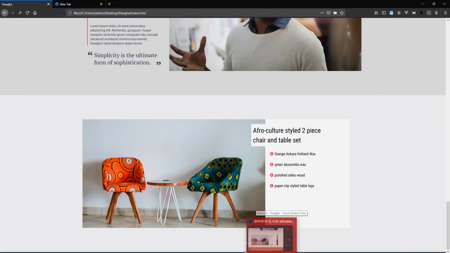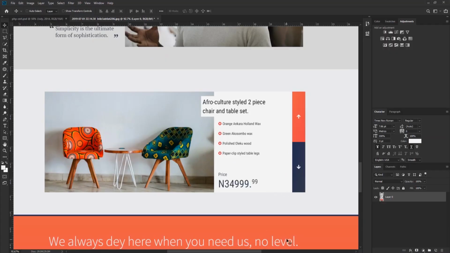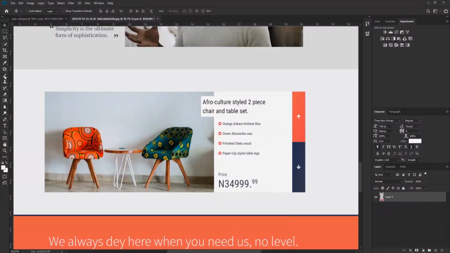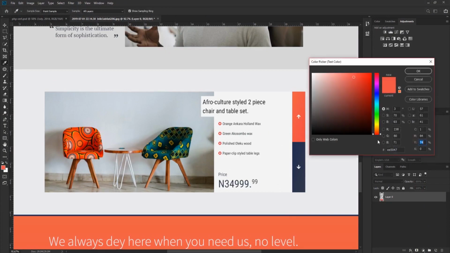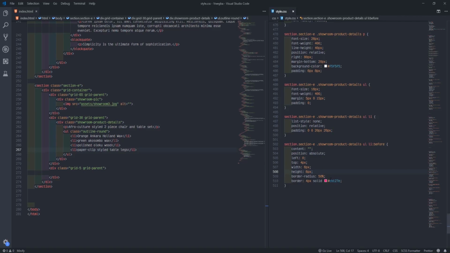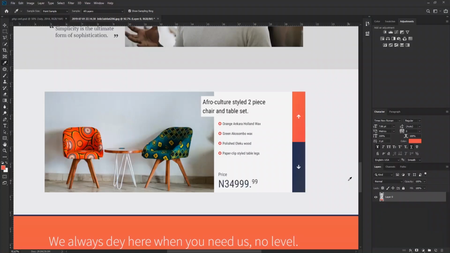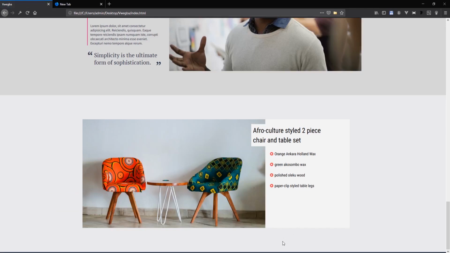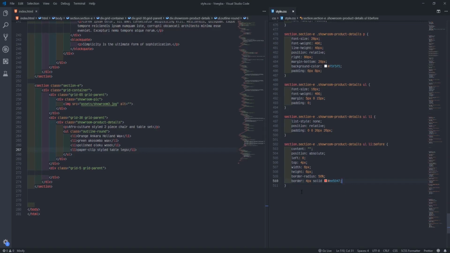Very simple. But I see the color there is different, so we'll pick the color. So come here, I'll pick this kind of color. Come to see, okay. I'll go back, select this and paste. Now if I refresh, it all stands out. So now we've got the custom bullet. Very simple.